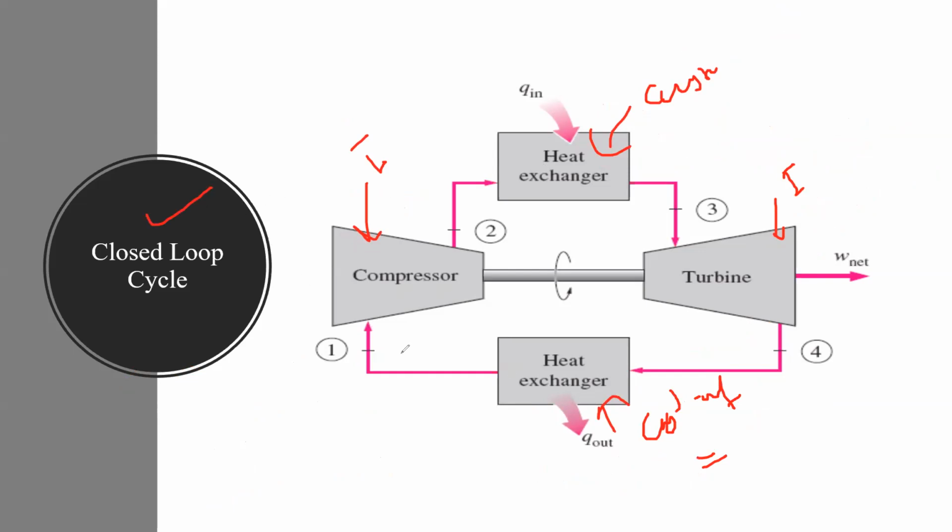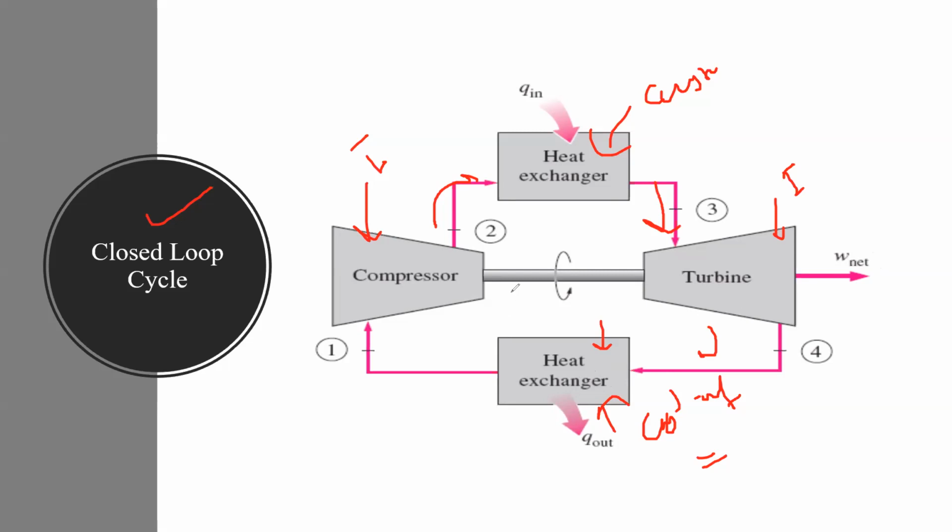Now again this heat exchanger injects into the compressor, and the same cycle repeats. Again this heat exchanger enhances the temperature and injects into the turbine, and this turbine converts this energy into mechanical energy, coupled to the generator, and the remaining exhaust gases pass through the heat exchanger. Again the heat exchanger extracts some heat and maintains the temperature, and here I maintain a constant pressure. So again this constant pressure steam is injected into the compressor. In this way I continuously use the same gas in repeated mode.